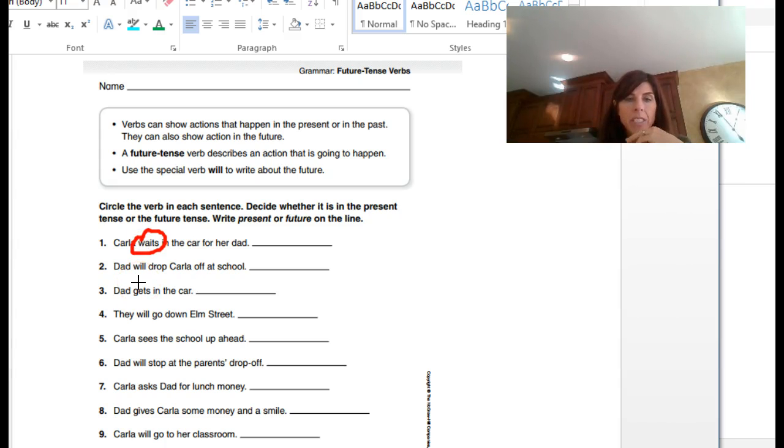We're going to circle the verb in each sentence and decide whether it's present, what is happening now, or it's going to happen. Carla waits. So it's present. So we would write present. I'm going to do P for short, if you want to, you can, and F for short. Dad will drop